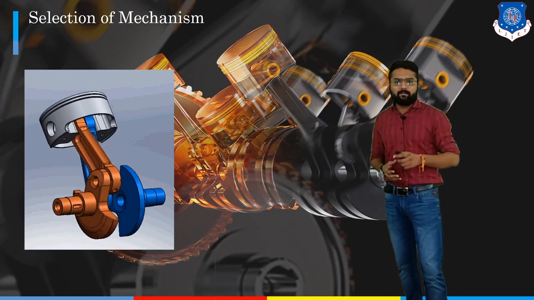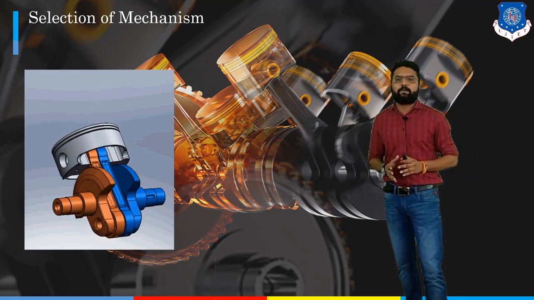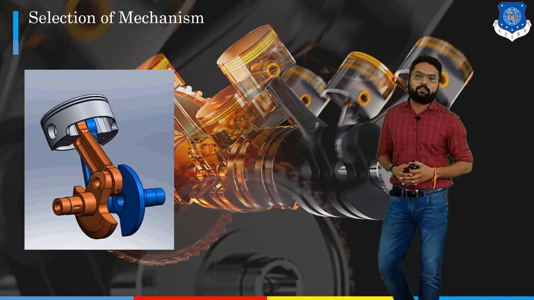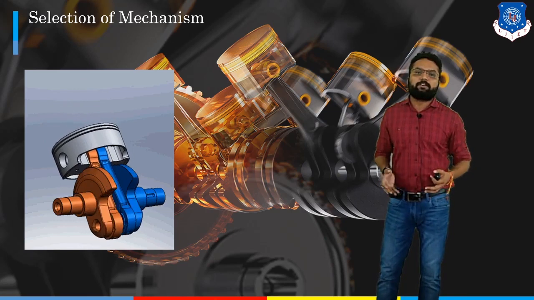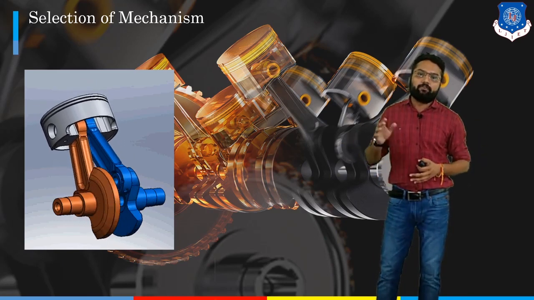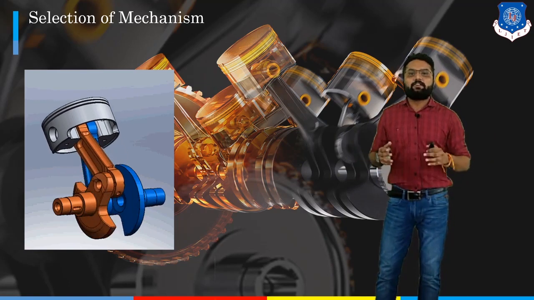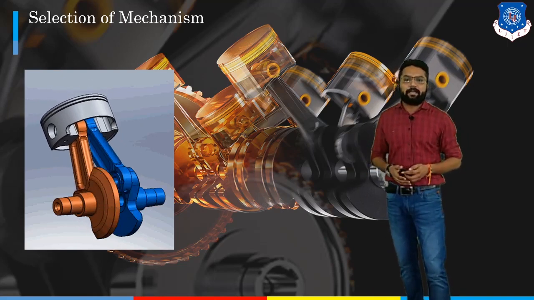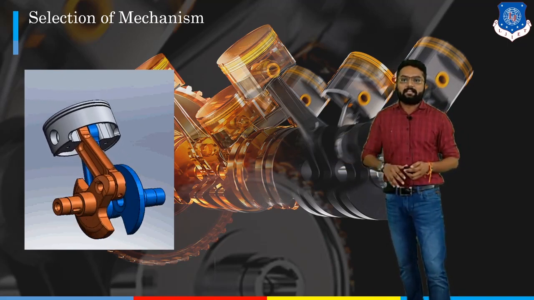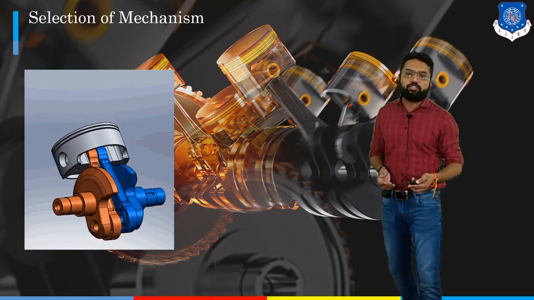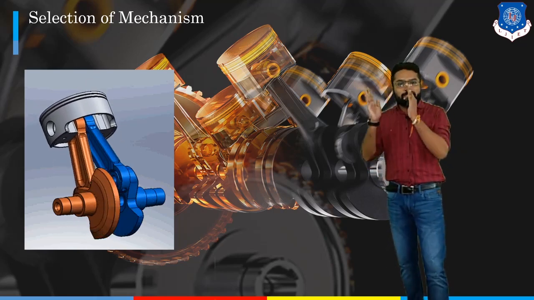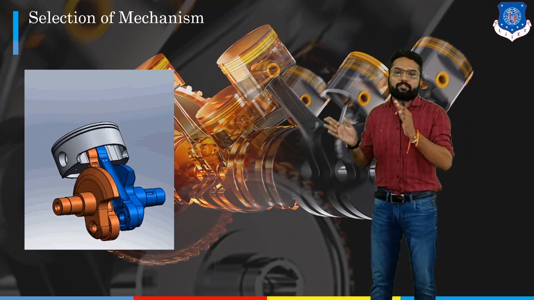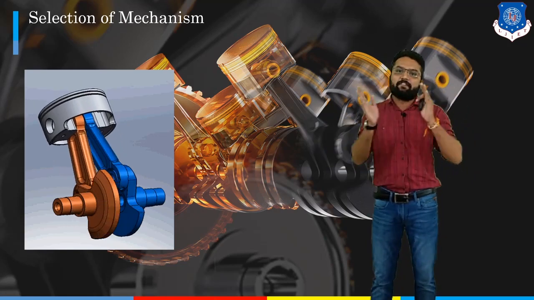Clear? In this subject, each and every subject which you have previously come across, like kinematics of machines and machine design, is going to converge here, and ultimately we have to develop a model which can contain all these aspects of machine design. In this subject, we are also going to deal with the selection of mechanism, how our mechanism is going to be selected depending on its function and its motion. Mainly we are going to deal with force analysis in this section of selection of mechanism, where we are going to decide force analysis, motion analysis, and velocity analysis.